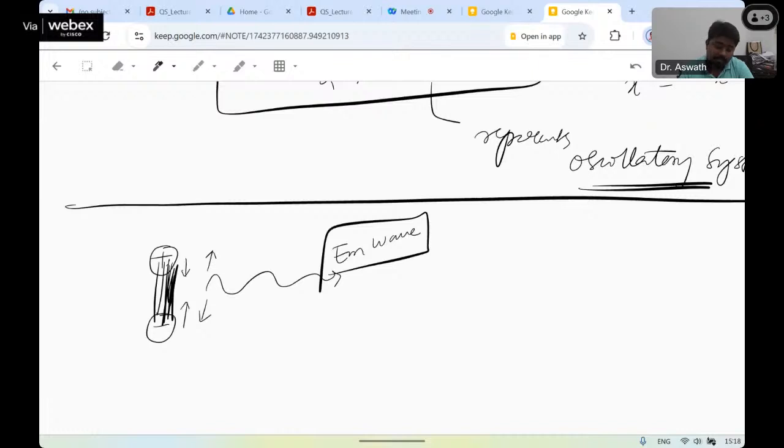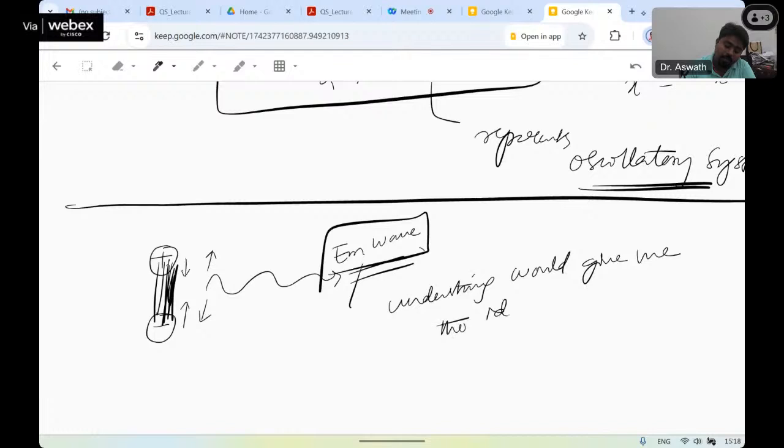Oscillatory dipole which creates the electromagnetic wave. So I want to know how this could be understood. The moment I understand, then I know how to produce. Understanding would give me the idea of realizing